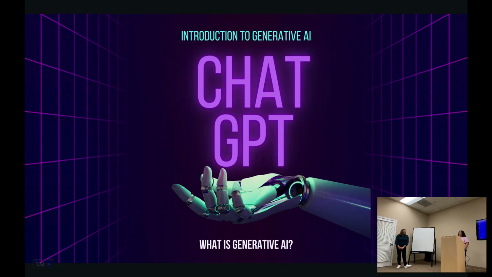Do you want to go over this? What is ChatGPT? Well, we kind of already went over that. But ChatGPT is one specific tool, and it's only text-based. There are a lot of APIs now, but generally you can just go on there and type either a question or a prompt to get an answer, or generate some sort of content that you're looking for.